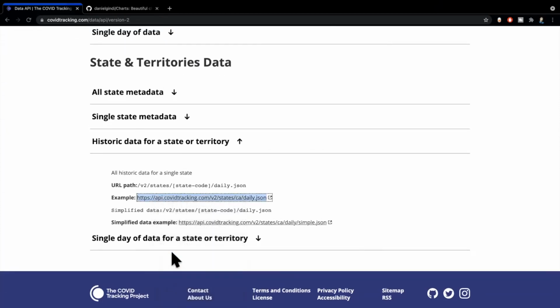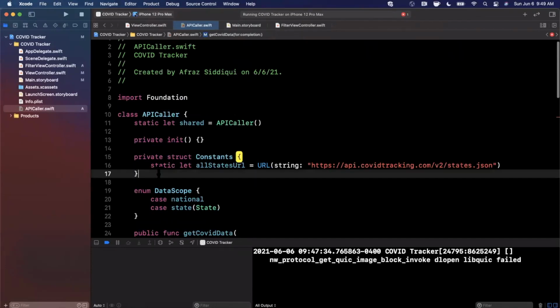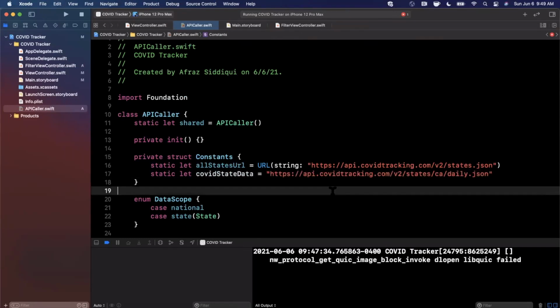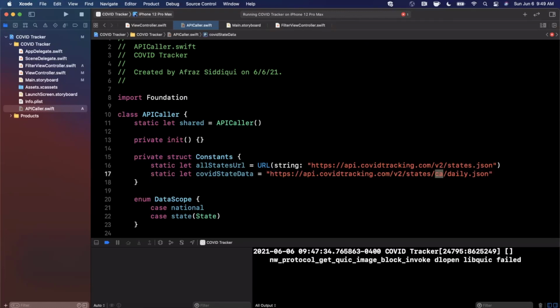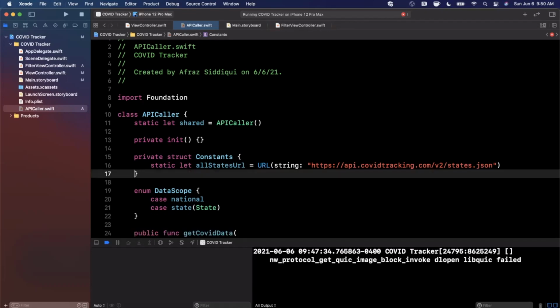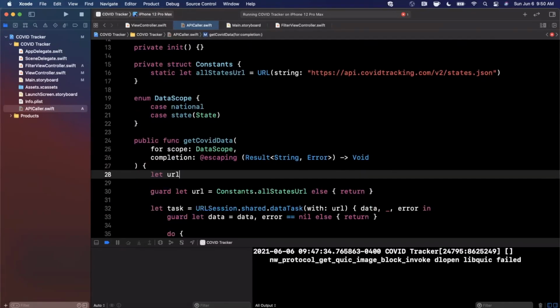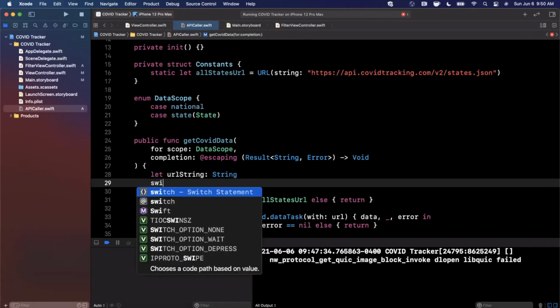So we can go ahead and actually copy this and I'm going to stick it into our constants here. So we'll say COVID state data URL. And actually I'm just going to make this a string because we'll need to tack on the state that we care about. So you can see here that this passes in the state's code. So we'll pass in whatever state's code. And actually, it doesn't really even make sense to make this a constant. So what I'll do is when we call this fetch here, we're going to need to create the URL. So I'm going to say URL string is going to be a string,